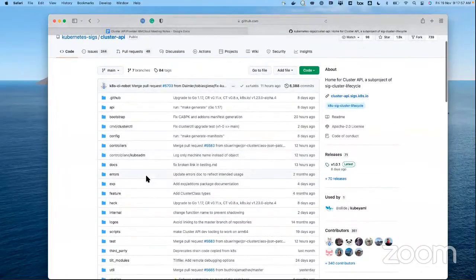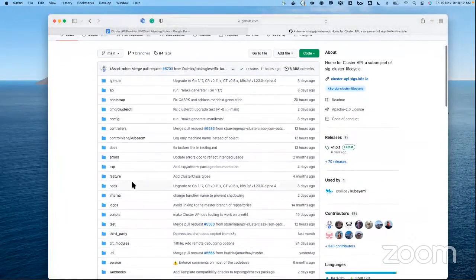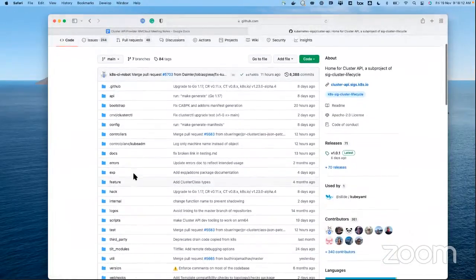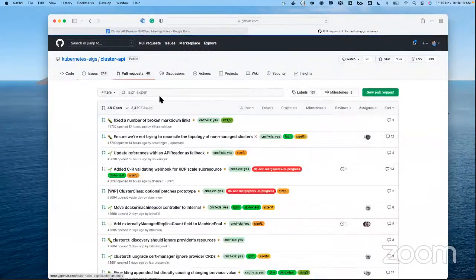And then we did push the changes to this repository for listing IBM Cloud as one of the cluster API providers. That happened sometime last week. Probably I can show you the PRs here.